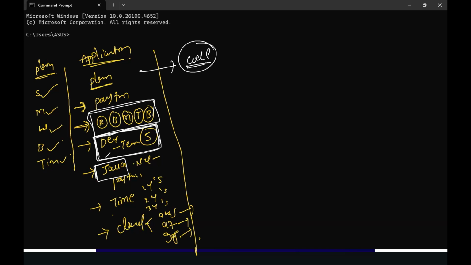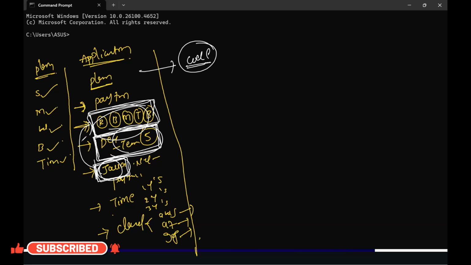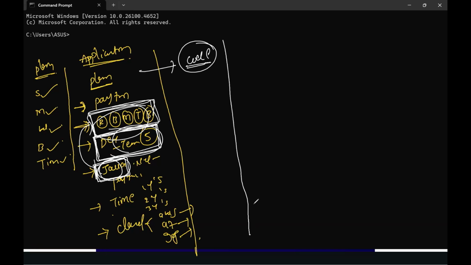What are my requirements? Recharge, bank transactions, movie tickets, train tickets, as well as bus tickets, right? These developers are going to write the code in the Java language. Our requirements are this, nothing but the code base.